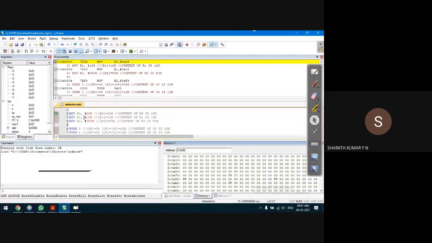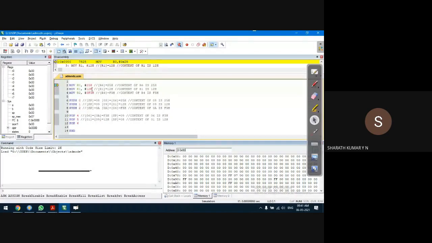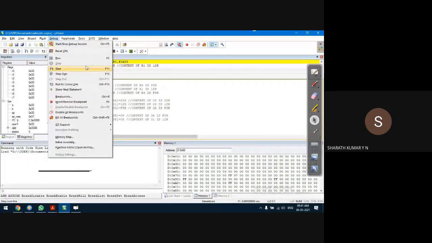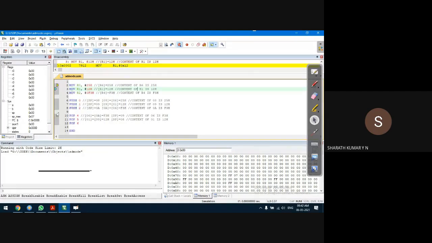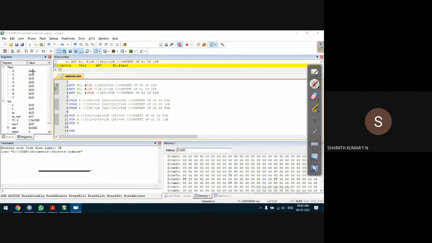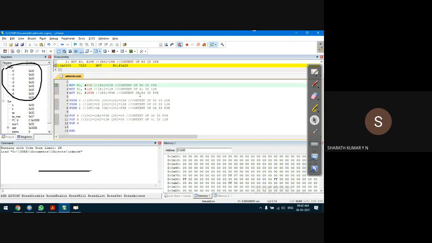When I run the program, I'll run stepwise execution. Stepwise execution helps in understanding the sequence of execution of the program. For step execution, I press F11 on my keyboard, which you can't see, but observe this region of the register window for every execution of the instruction. I'll start with the first instruction, F11. It will always start from the first instruction.